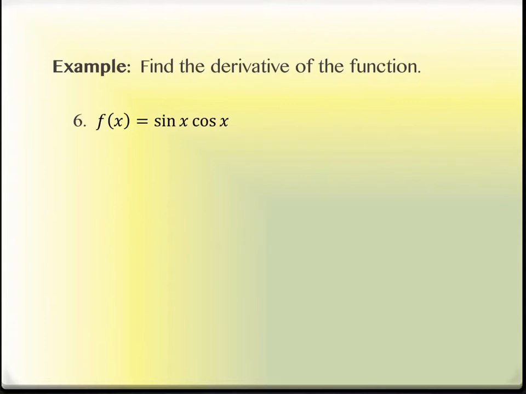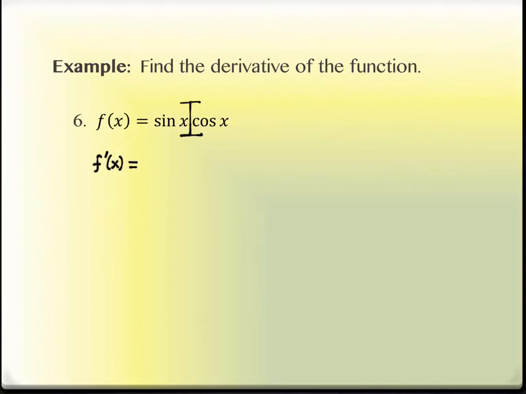I don't know why that happens, but probably because it kind of doesn't look like a very complicated product. I think that may be why it happens. But it is, in fact, a product. I have 2 things that are being multiplied. I'm just going to do this to them so you can see them separated a little bit. But there definitely is a product rule here. Okay? So as I take this derivative,